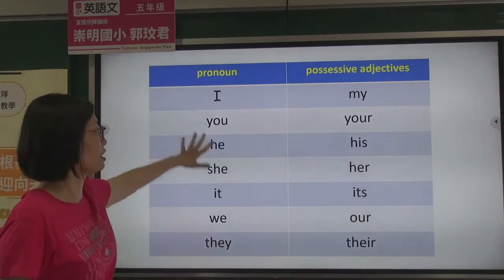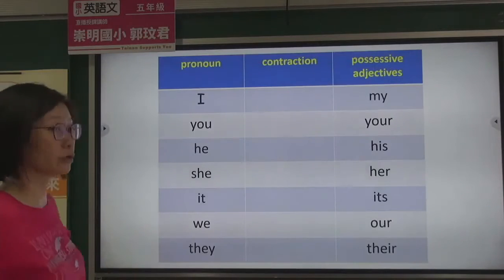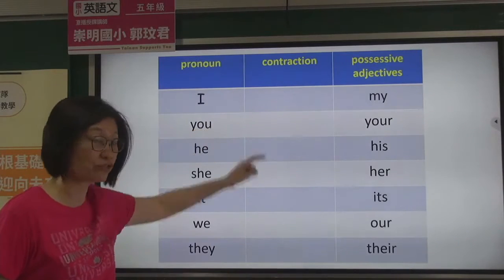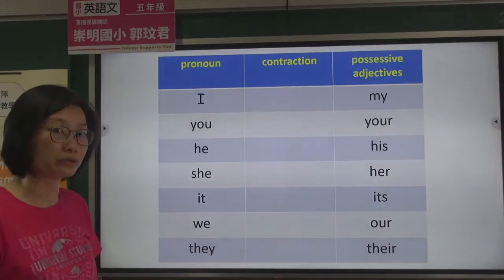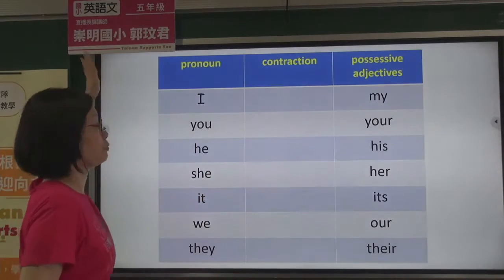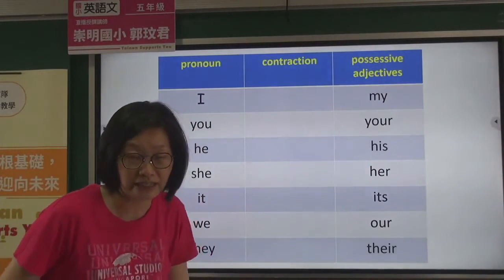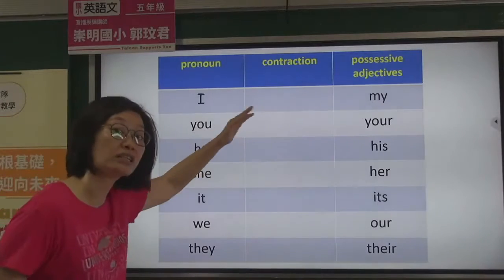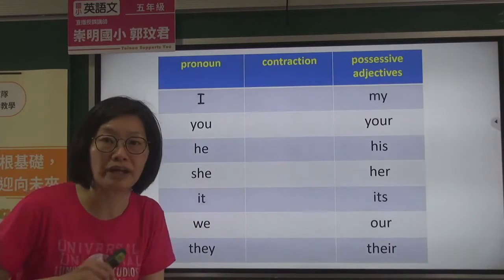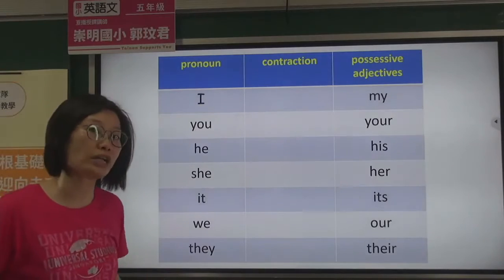So we just have pronoun and possessive adjectives. Next, we are going to have one more column. That is the contraction. 你如果来不及像我一样加在中间，你就直接把它接在 pronoun 的旁边，好不好？或者接在 possessive adjective 的后面都没有关系，好吗？我们其实要的只是横向的对照。Can you do that? 但我真的希望你是真的要把它写下来，好，你要把它整理下来。